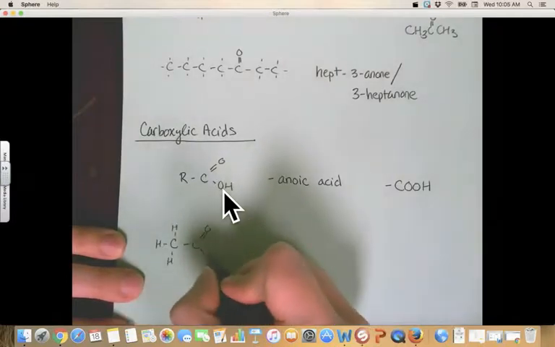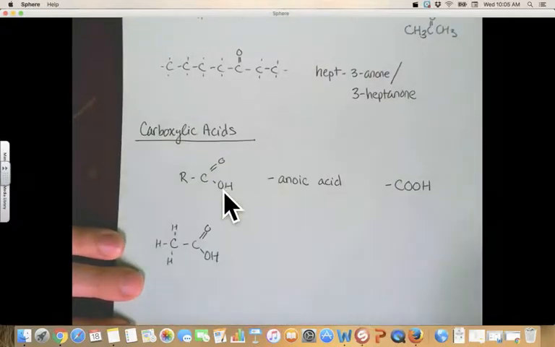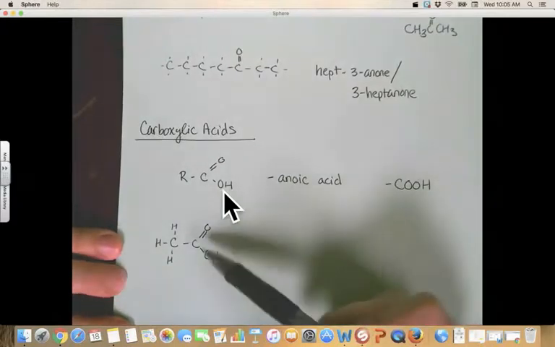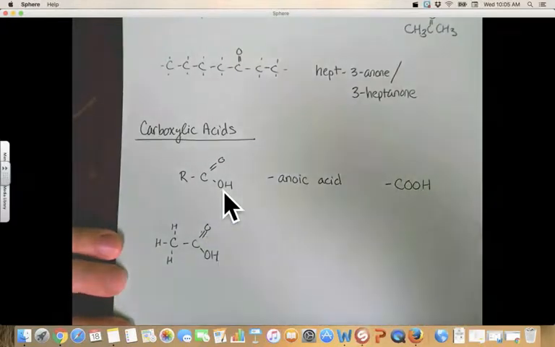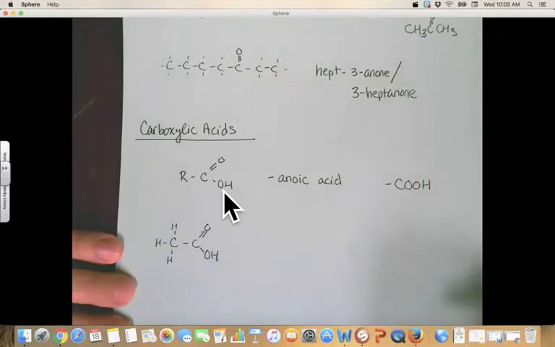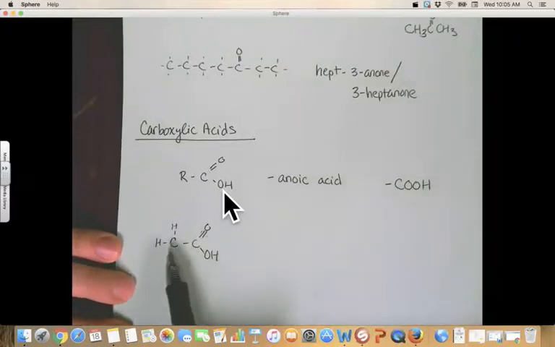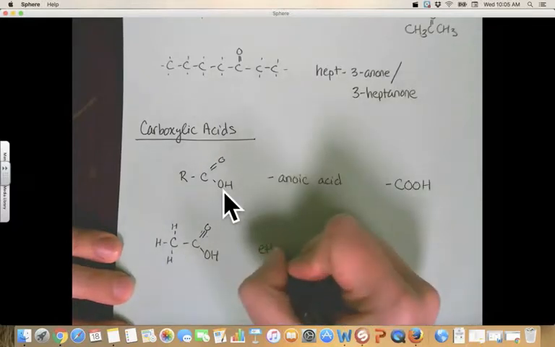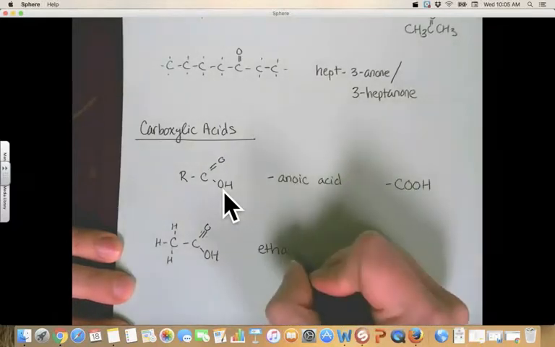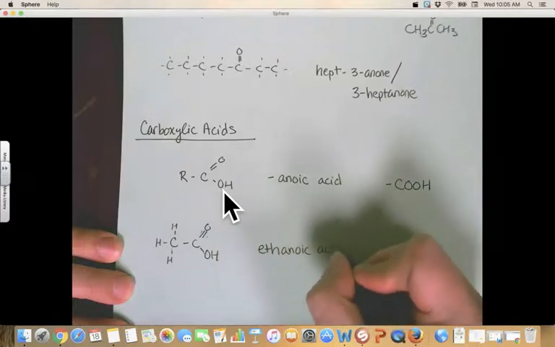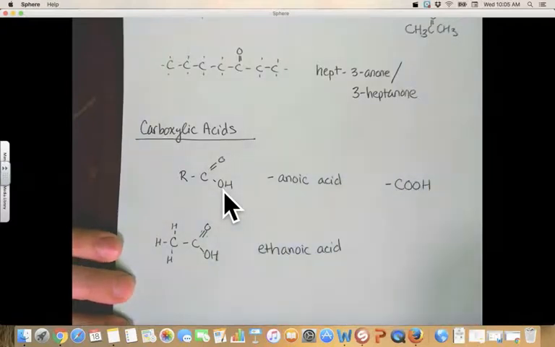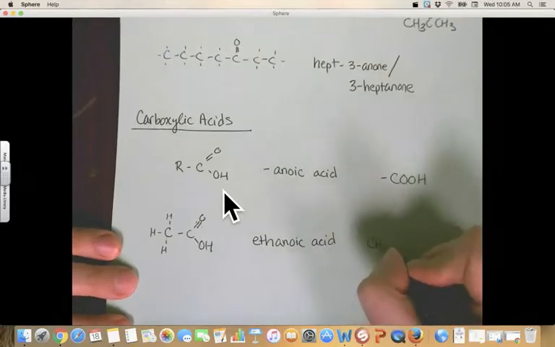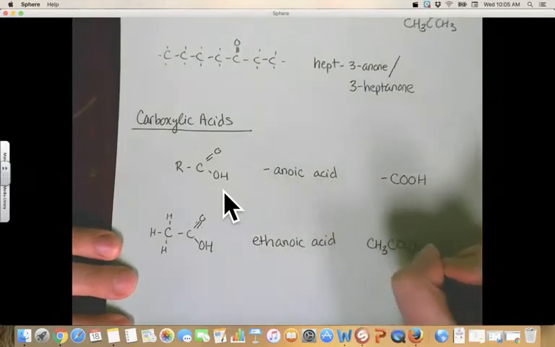So you see that carboxylic acid is always going to be terminal. It's always going to be on the end, because carbon's only going to bond 4 times. Well, we've got 1, 2, 3 of the 4 bonds, so it's got to be on the end. Okay, so if I'm going to name this, I'm going to count my carbons, 1, 2. I'm going to think of my root eth for 2, and then I'm going to add anoic acid. So if I were to write this condensed, I would have CH3COOH,